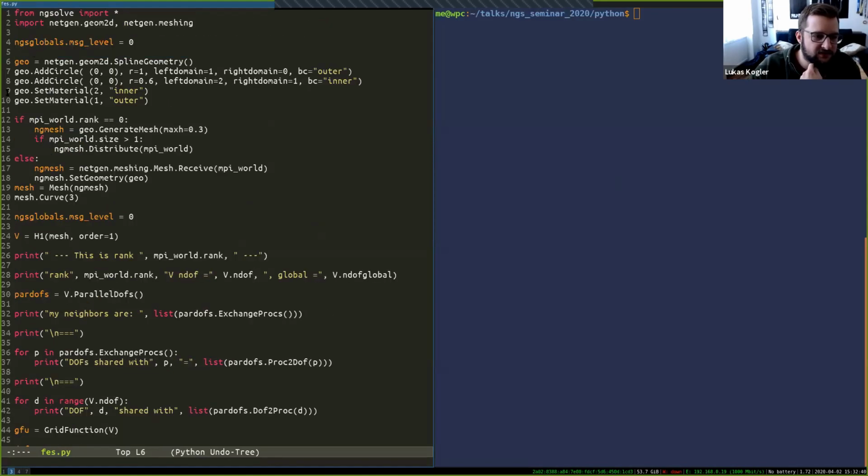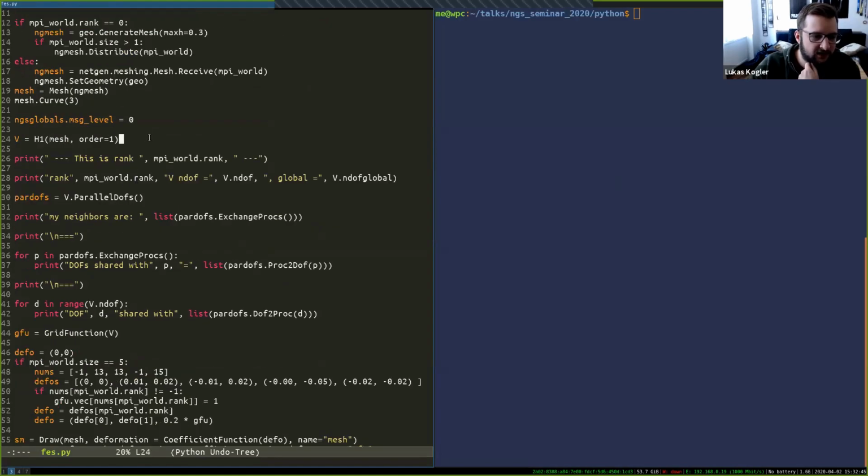So this is the same as before. We define this same geometry, we distribute it, curve it, set the geometry, and then we do the exact same thing as